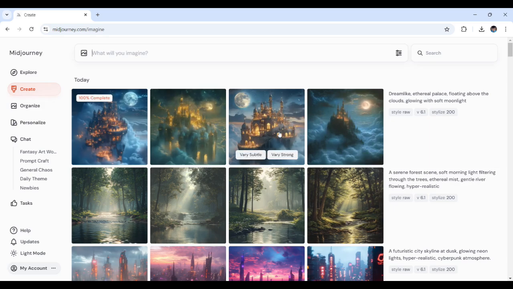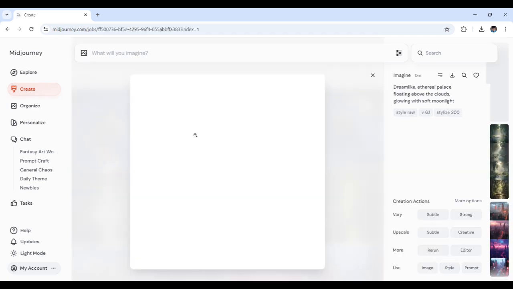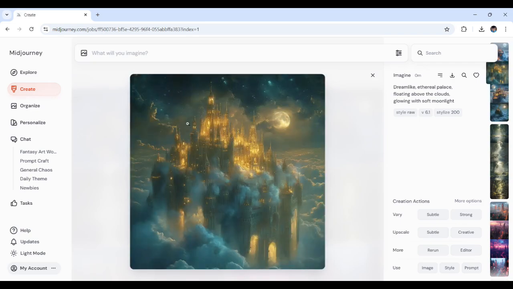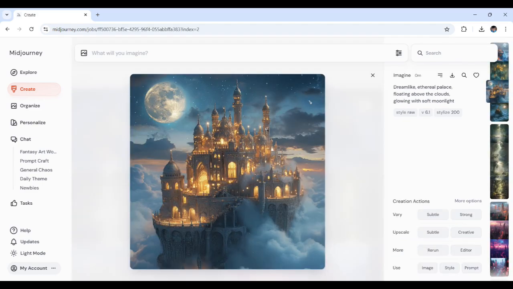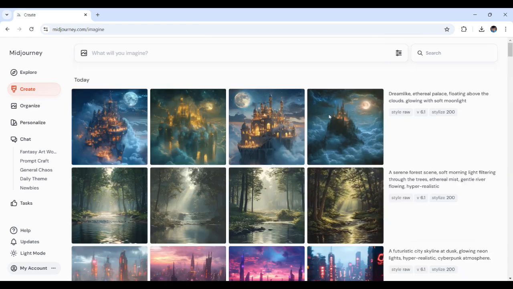So MidJourney has generated a stunning ethereal palace floating in the clouds right here. See? With that glowing, very dreamlike atmosphere as we described. Notice how just a few well-chosen modifiers can completely change the tone and mood of the result. But it is important to avoid being too vague or overloading your prompts, which brings us to